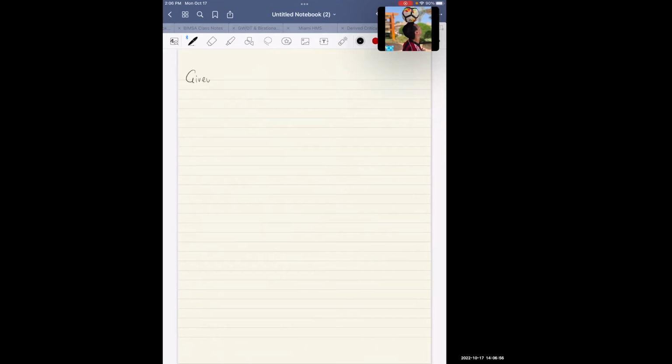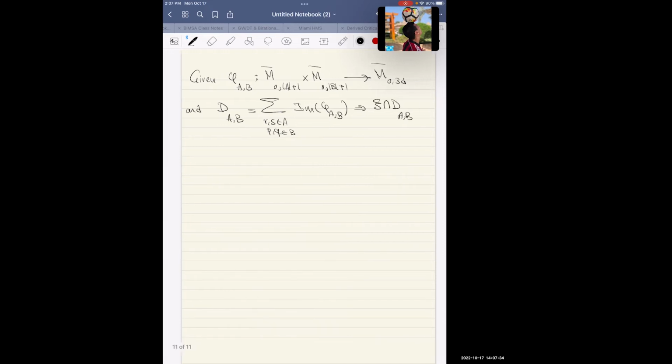Given phi of A, B from M bar 0, A plus 1 times M bar 0, B plus 1 to M bar 0, 3D, and the divisor associated to partitioning A, B, which is the sum of R, S in A, P, Q in B, for instance, of the image of phi AB, then C intersected with this divisor is given by